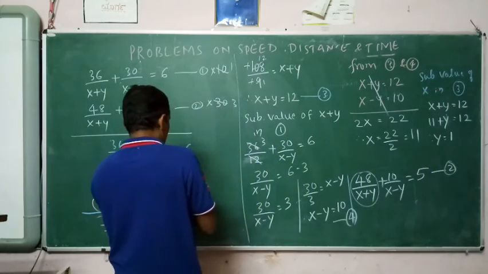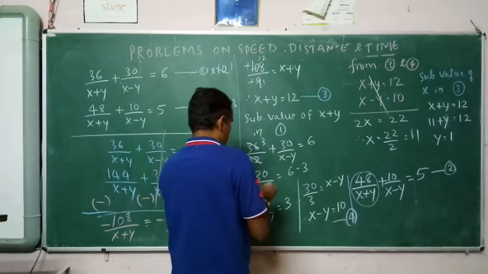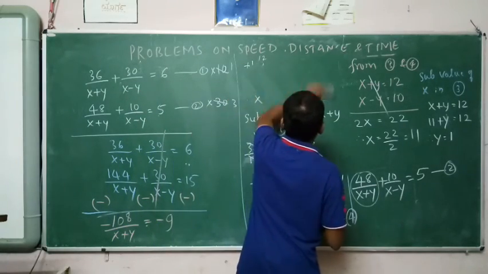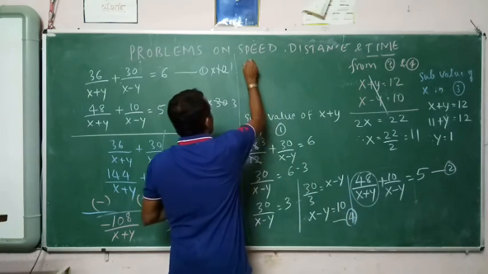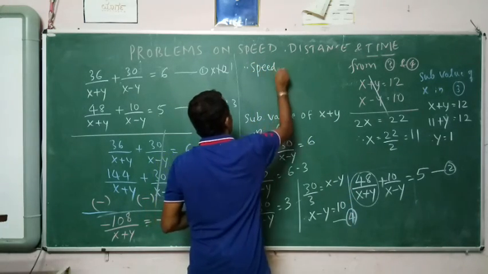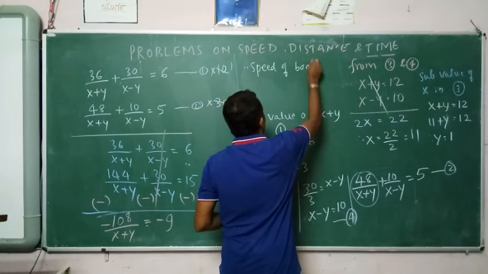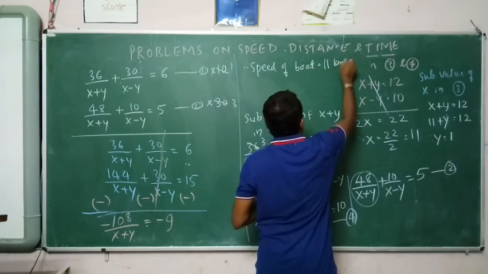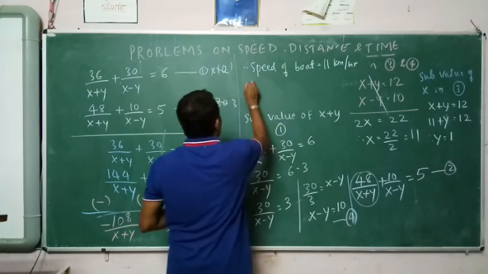Ultimately, my final answer is like this now. Therefore, what I can write? Therefore, speed of the boat is equal to 11 kilometers per hour, and speed of